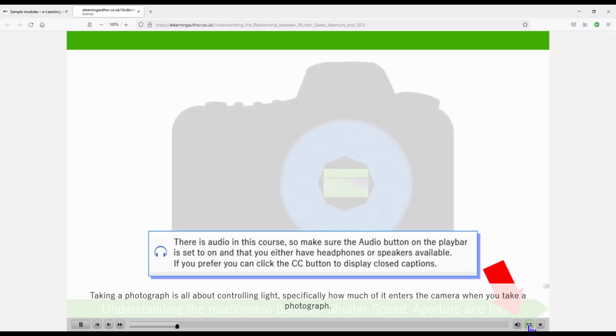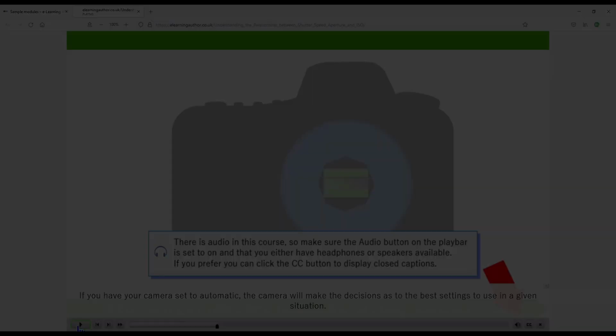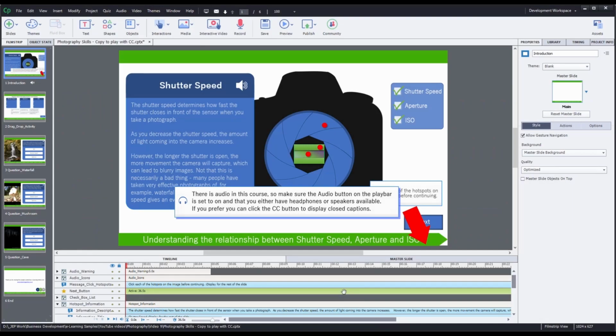Taking a photograph is all about controlling light, specifically how much of it enters the camera when you take a photograph. If you have your camera set to auto,